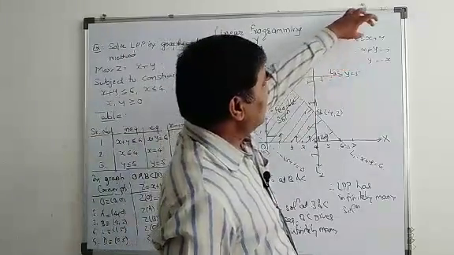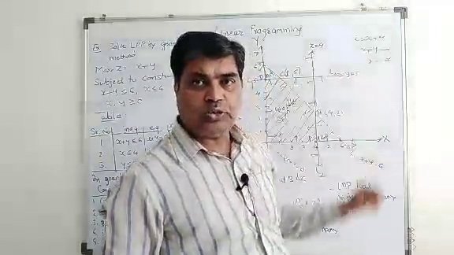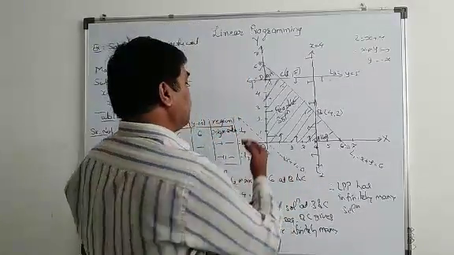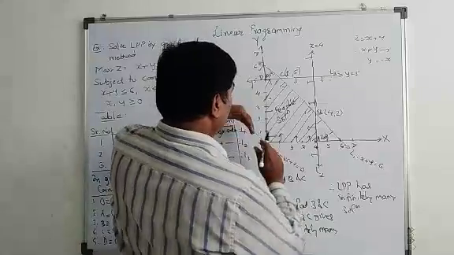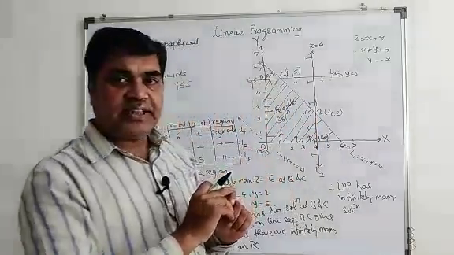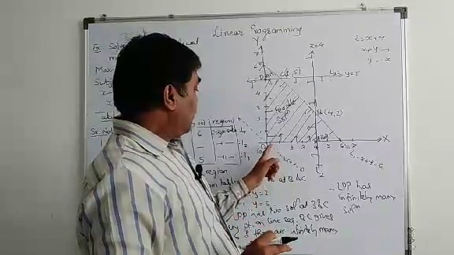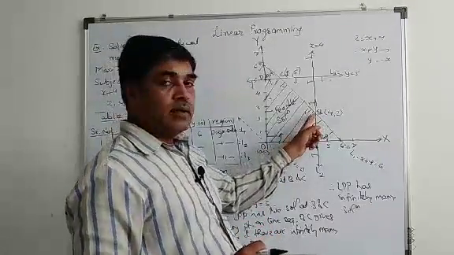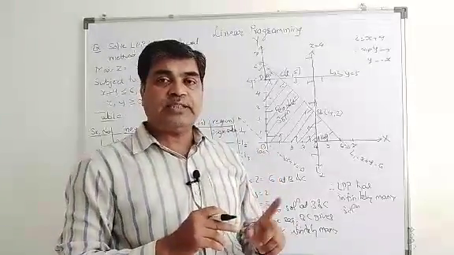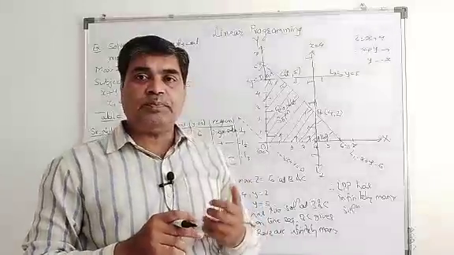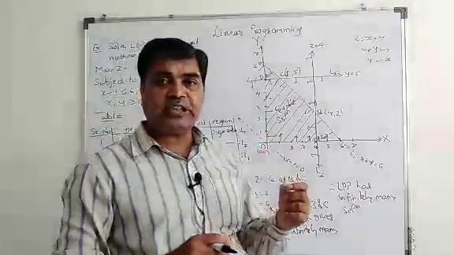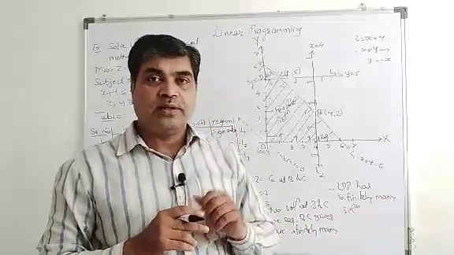For that z, if I take this linear expression equal to 0 and plot its line passing through the origin, and if I pull that line in the feasible region parallel to this line, then for a maximization type problem, when this line touches the last point of the feasible region, that last point gives the maximum value of z. In case of a minimization problem, the point in the feasible region that the line touches firstly gives us the minimum